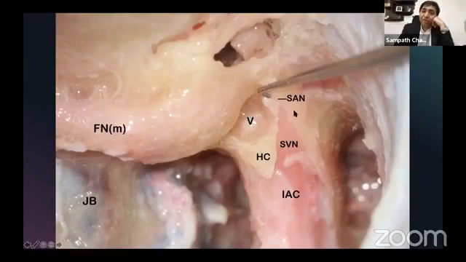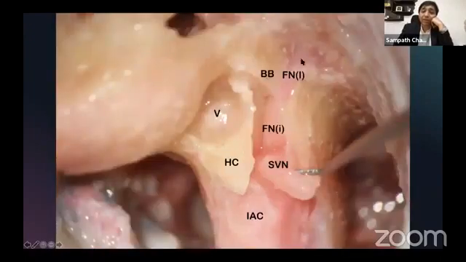So if it is, you can always make a habit of identifying the facial nerve in another way. What you do is identify the superior ampullary nerve, for which you have to leave behind a shadow of the ampulla in the superior semicircular canal. From there, you can trace the superior ampullary nerve downwards, which eventually becomes the superior vestibular nerve, and then the superior vestibular nerve can be separated from the facial nerve.